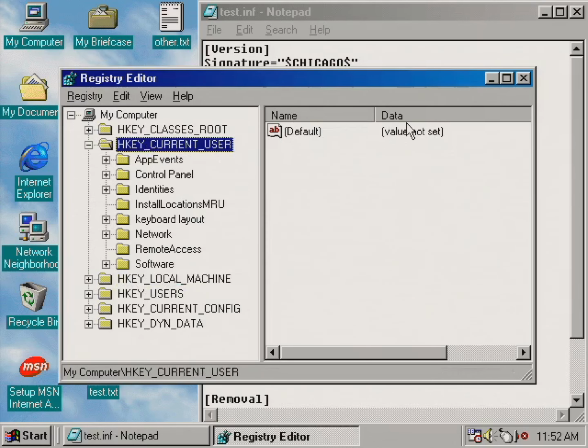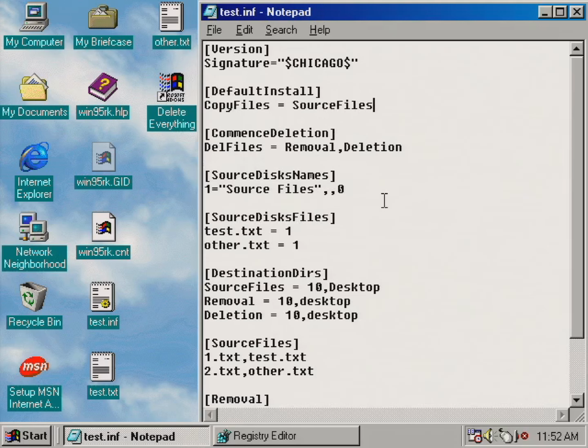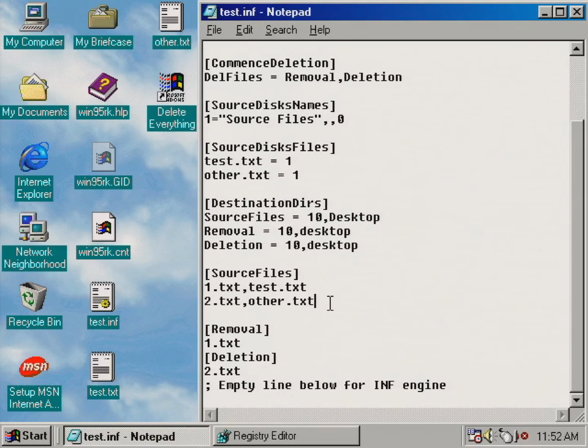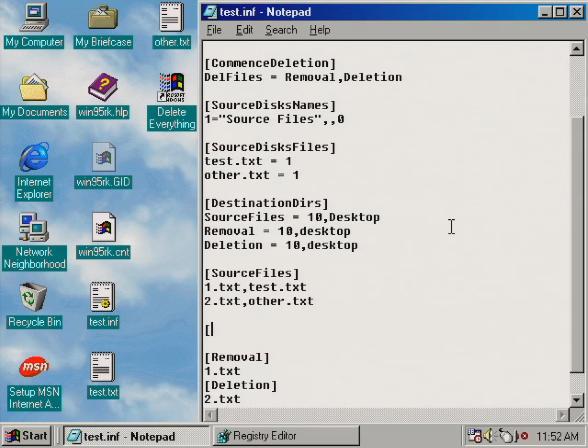But we're gonna go ahead and create one of our own keys, and to do that we need to know how to use a new directive called AddReg, and it's defined under here just like copy files. So we'll point to a new section called DoReg, and we're gonna place our add registry section underneath here, DoReg,